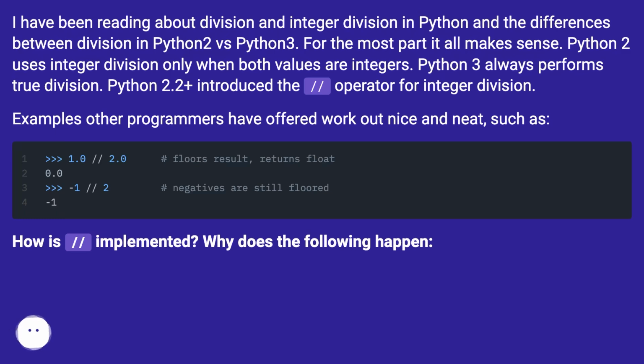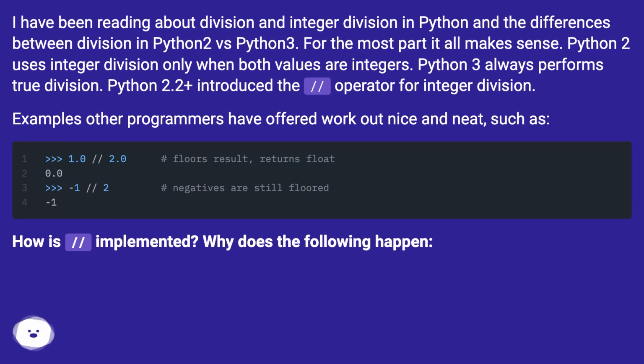Python 2 uses integer division only when both values are integers. Python 3 always performs true division. Python 2.2 plus introduced the // operator for integer division. Examples other programmers have offered work out nice and neat, such as: